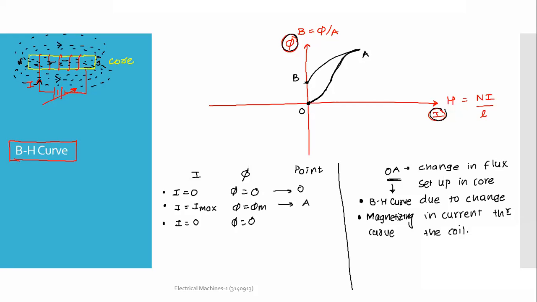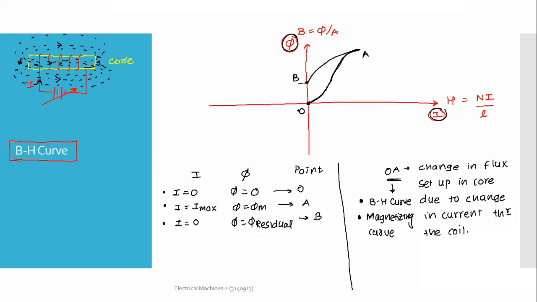There is some flux retained, which we call the residual flux. Once the magnetomotive force, Ni, is made 0, the current through the coil is 0, but a few domains still remain aligned,